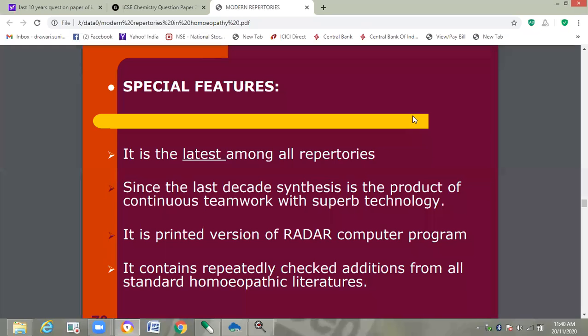So in this way, a large number of authors, or the information which has been collected, is from